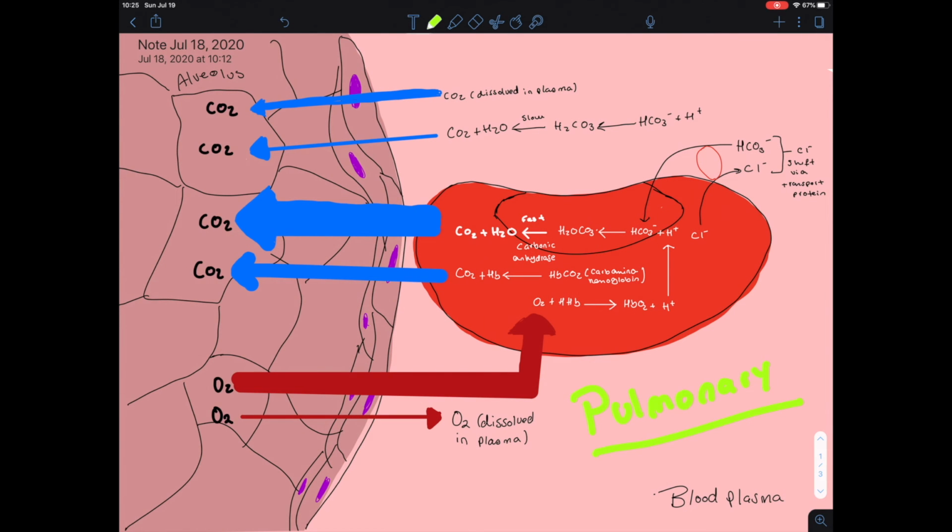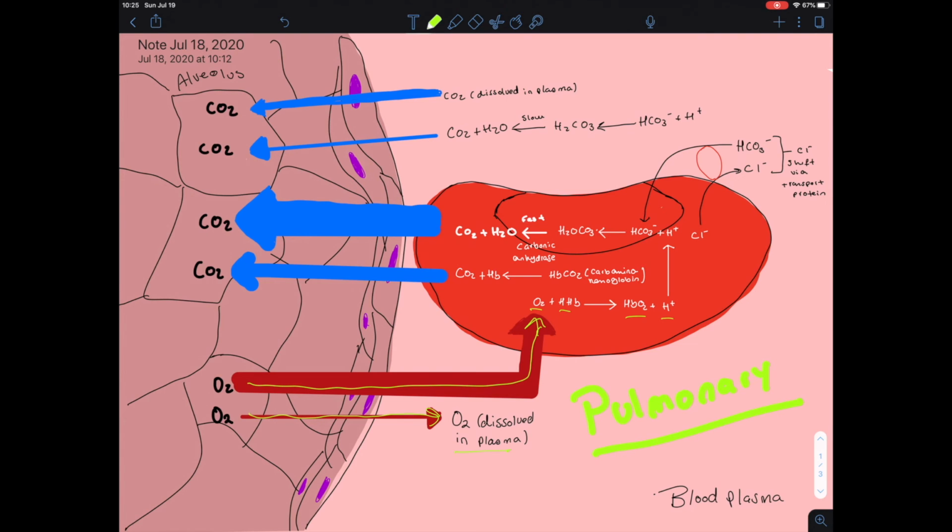Okay, so now I'm going to go over pulmonary gas exchange, and as you can see, the reactions are similar because now we're going the reverse way. So first, remember that some of the O2 gets dissolved in the blood plasma. Now, O2 also gets exchanged from the alveolus into the erythrocyte, and the oxygen combines with hemoglobin, forming our oxyhemoglobin